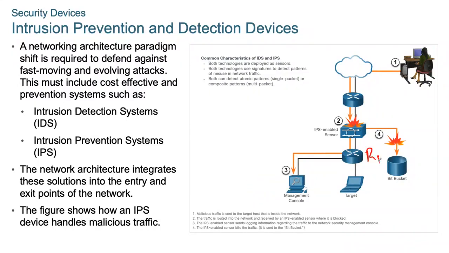Let me write router 1, router 2. So what is the entry point and what is the exit point for this network? R2 is the entry point, and R1 is